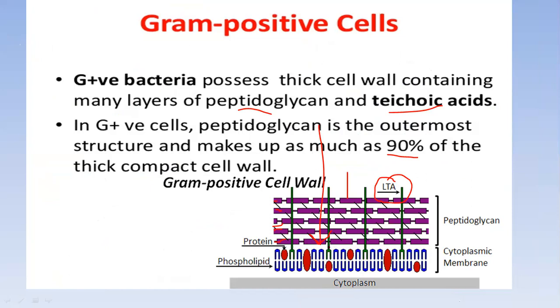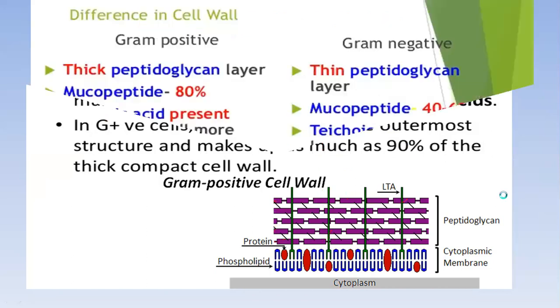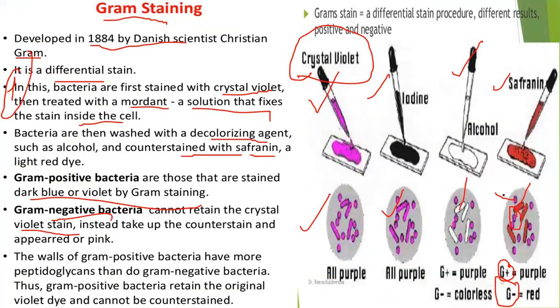But in gram negative, there is just one layer of peptidoglycan, so the colors are decolorized and they retain the safranin color. That's why they are said to be gram negative bacteria. Gram positive bacteria are actually more virulent because they are having